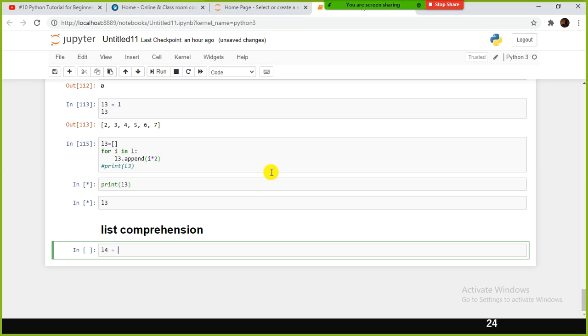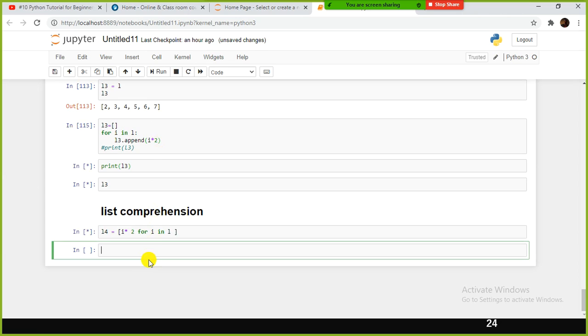L4 is equivalent to 2 times i for i in L. Take each and every element of L, and this i will hold each element. As and when you extract each element from a list, multiply it by 2 and assign it to another list called L4.